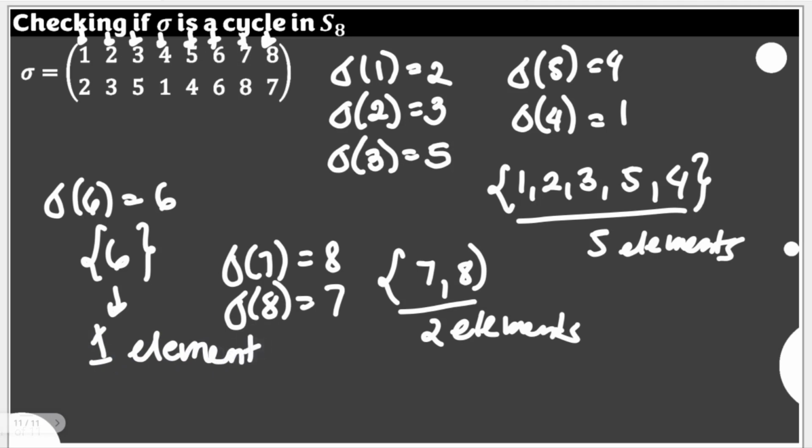How many orbits contain more than 1 element? We have an orbit with 5 elements, and we also have another orbit with 2 elements. So what will this tell us? This will tell us that our permutation sigma is not a cycle. Why? Because for this to be a cycle, we only need at most 1, a maximum of 1 orbit containing more than 1 element. But here we have 5 and we have 2, so we have 2 orbits containing more than 1 element. Hence, again, permutation sigma is not a cycle